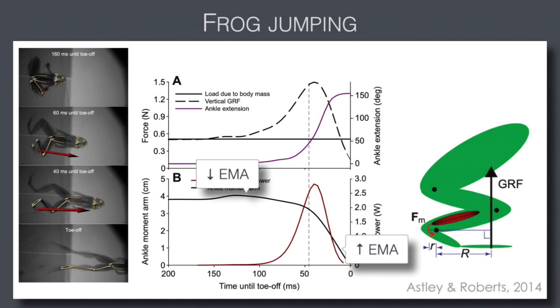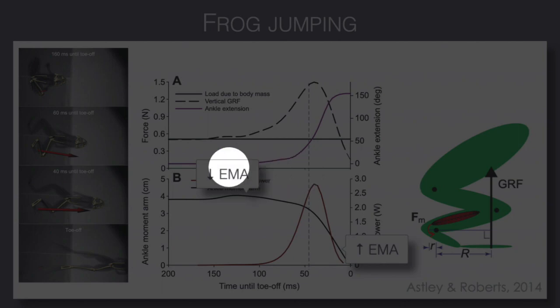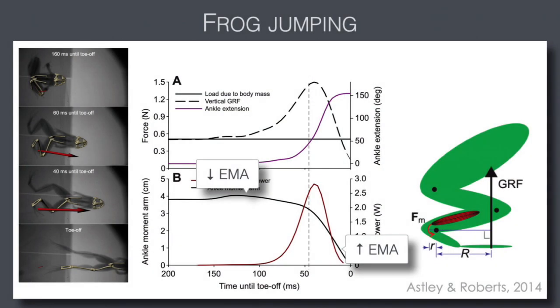And so while that ankle is staying pretty fixed and we have this elevation in force, that tendon is just getting stretched and storing power, so that when the animal actually starts to move, we've got both the power generated by the muscle itself in addition to all of that stored elastic energy from before it started moving. Now,